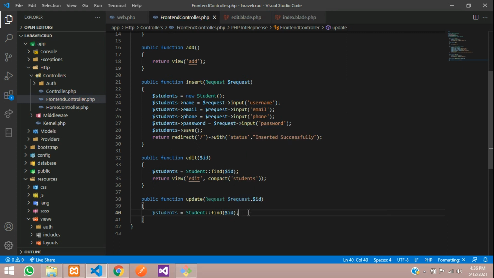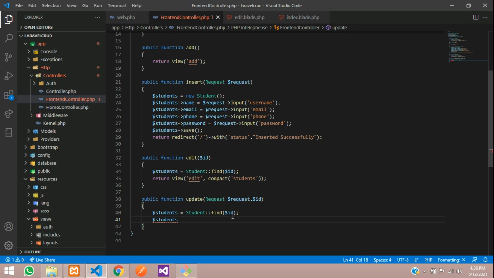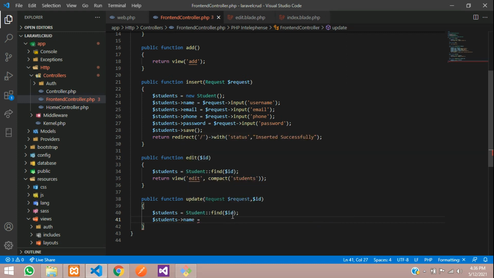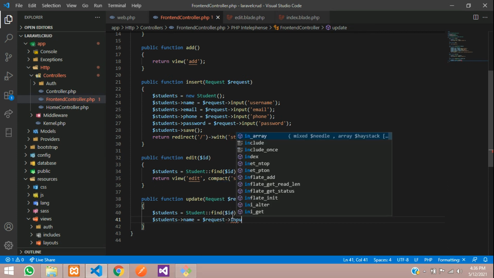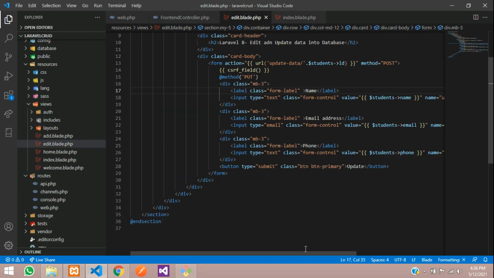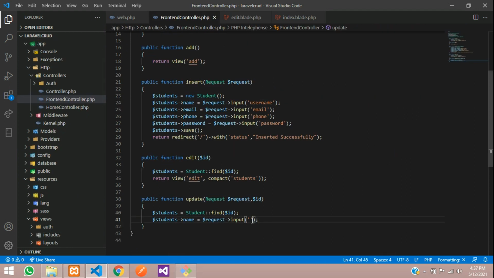It is going to get all the details of that user, and now we are going to update it. Say $students of name is equal to $request of input, the input tag name, whatever you have given. I will show you once where it is. You can see here username, just copy and paste that inside this.